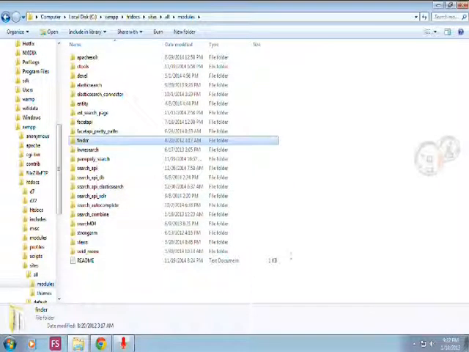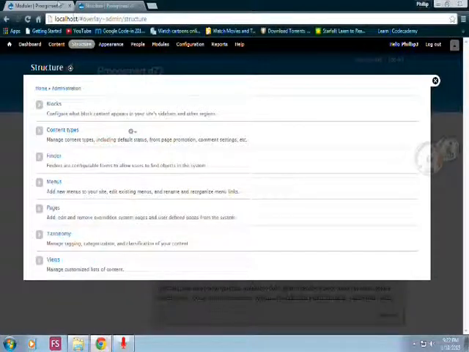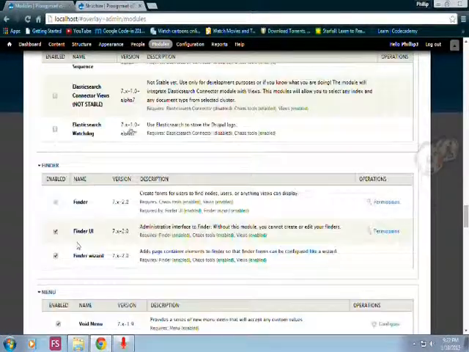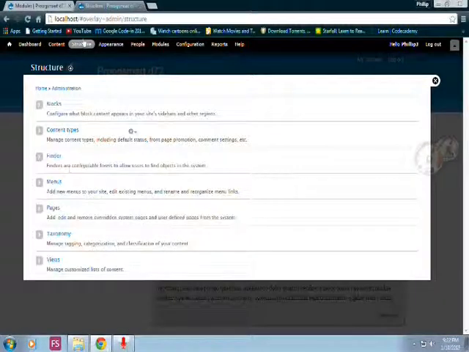Our last final module to be installing today is our finder module. All you need to install is the finder module. The finder module can search about content and users on your Drupal website. So let's go to our website and enable this module. You'll need to enable the finder UI and the finder wizard. After doing that, you're going to go to structure, finder,